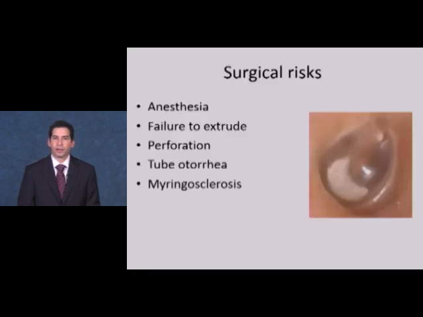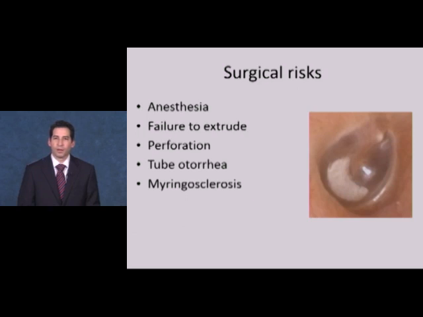The risks of myringotomy with tube insertion include general anesthesia, failure for the tube to extrude, which generally occurs at a rate of approximately 2% for grommet tubes, the risk of perforation, which occurs at approximately a rate of 2% for grommet tubes and as high as 17% for T-tubes or longer-lasting tubes, the risk of tube otorrhea or drainage through the tube, and the risk of